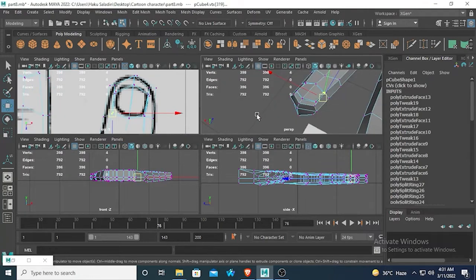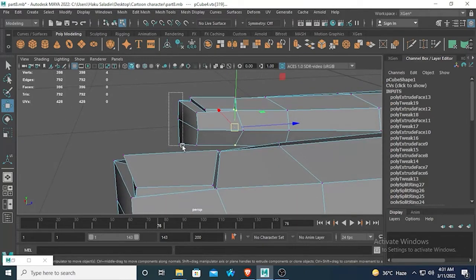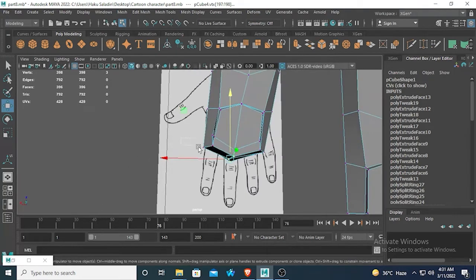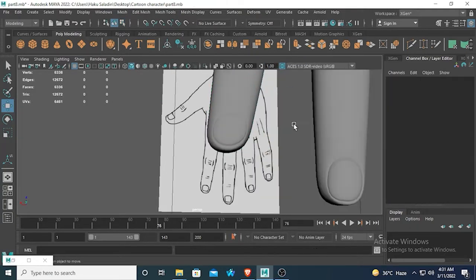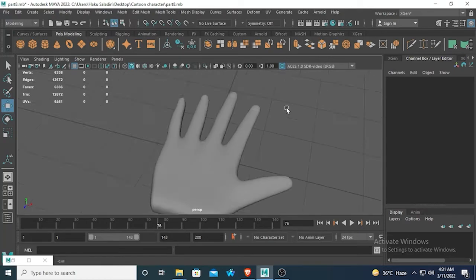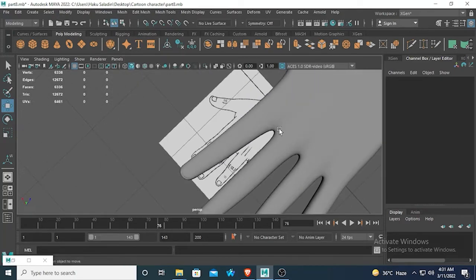Go to the perspective view to check. Okay, I have to move this vertex a little bit backwards, and this one also. Now it looks good. So we have made the nail for these 4 fingers. Now we will work with the